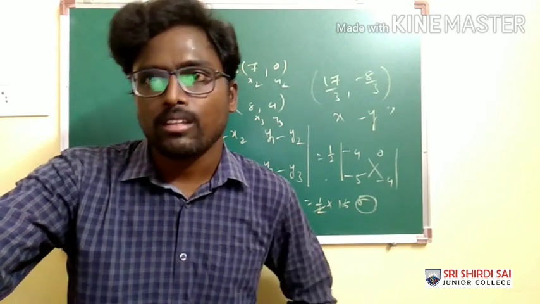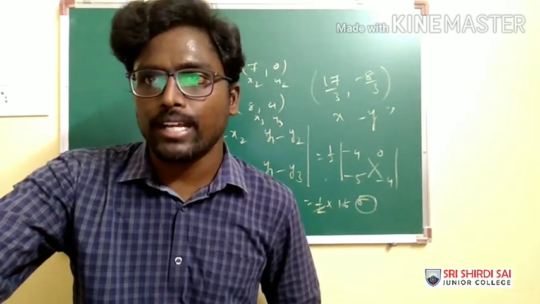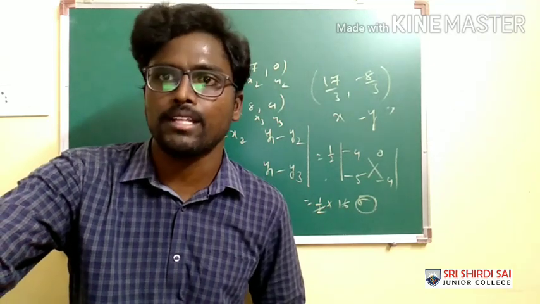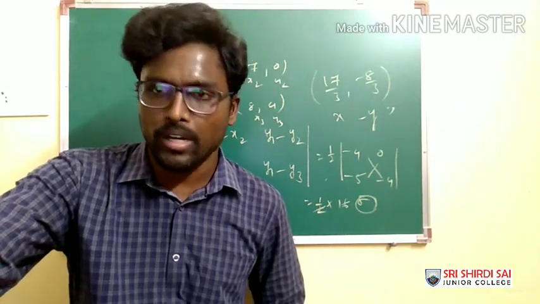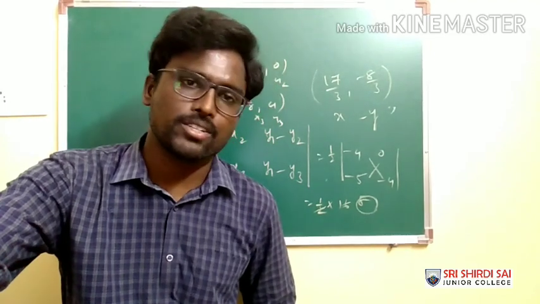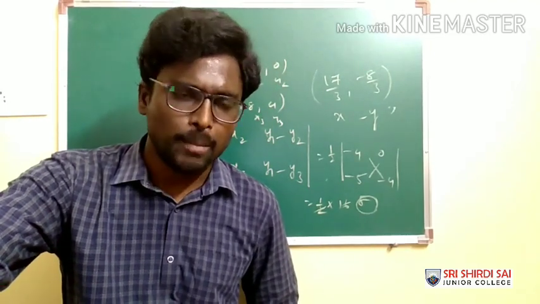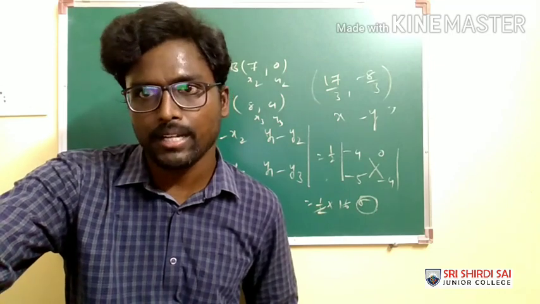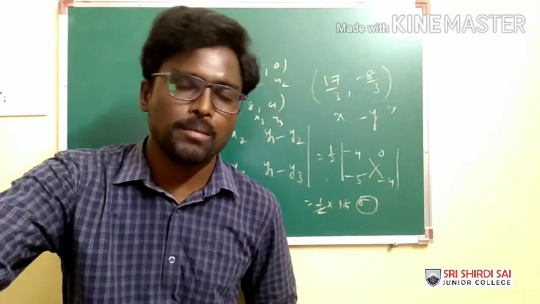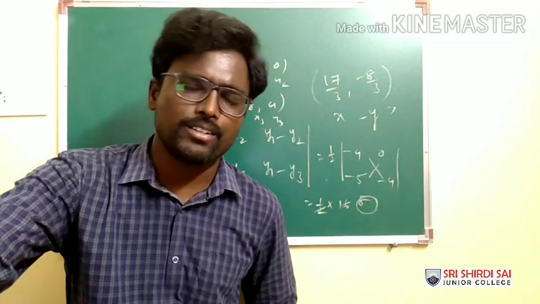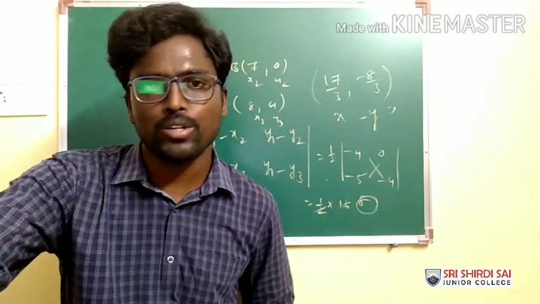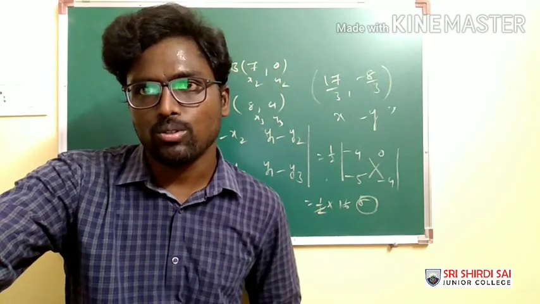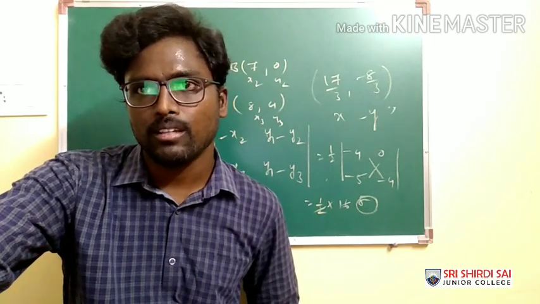That's the reason. Okay, one of the 2 points of trisection of the line segment joining A (7, minus 2) and B (1, minus 5), which divides in the ratio 1:2. Again it is the section formula: (mx2 plus nx1) by (m plus n) and (my2 plus ny1) by (m plus n). Here we will get option A, that is (5, minus 3). Points of trisection mean the 1:2 ratio and the 2:1 ratio. We have discussed this in the section formula lecture. So here the suitable option is option A.